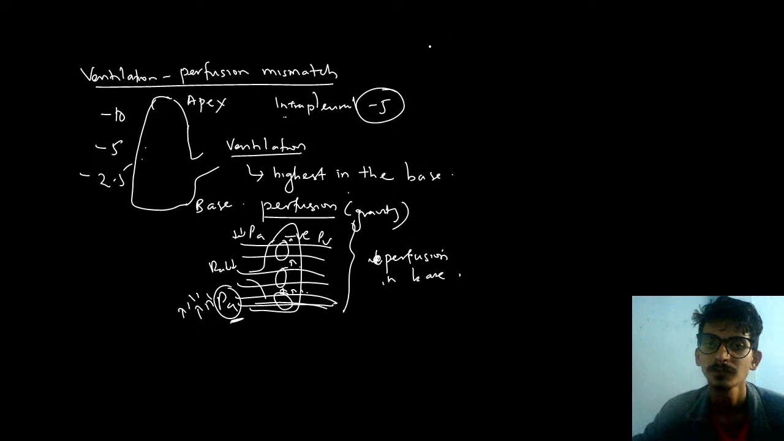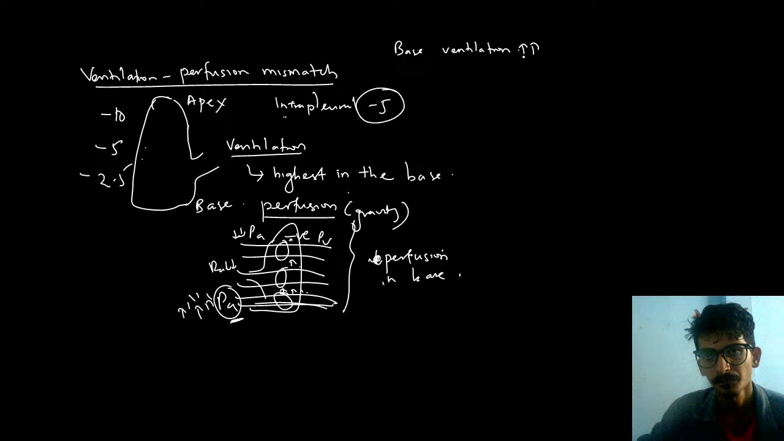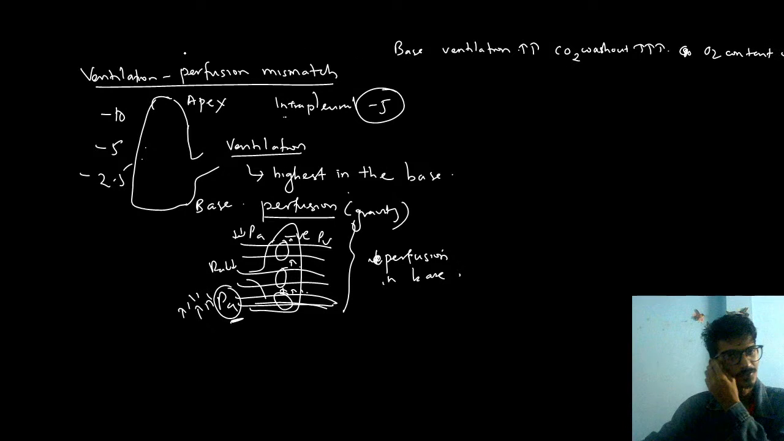Ventilation is highest in the base. So what is the clinical importance of this? In the base, I have more ventilation. That means the carbon dioxide washout is more. That means the oxygen content is less. So oxygen content is least in the base,